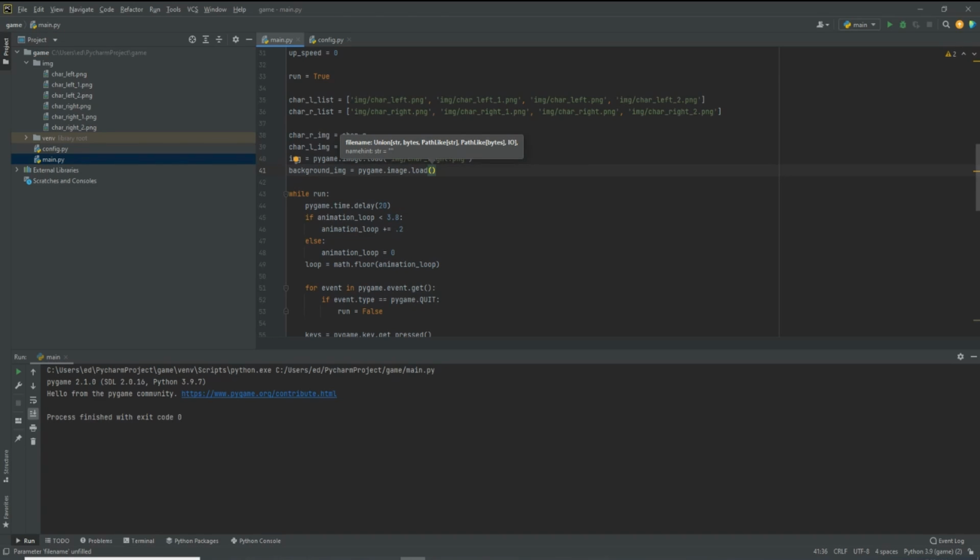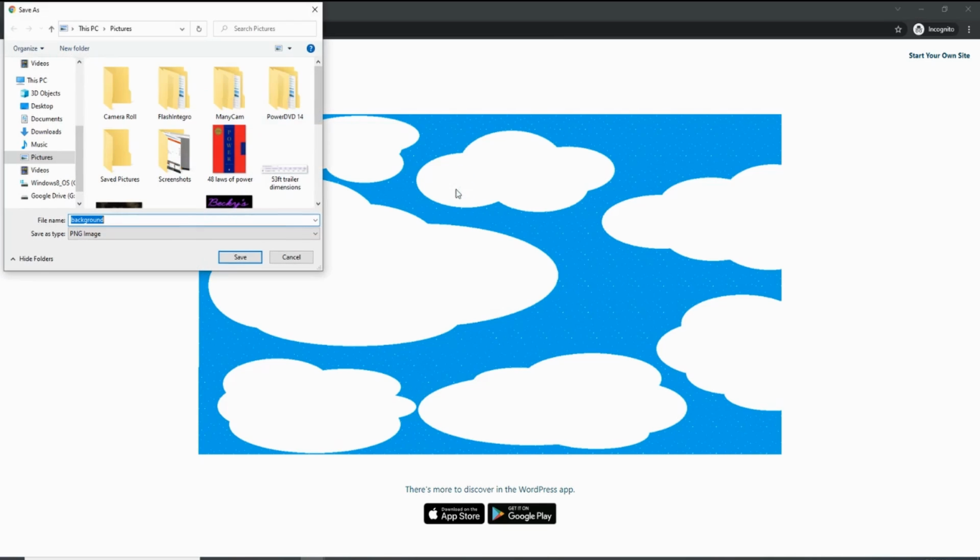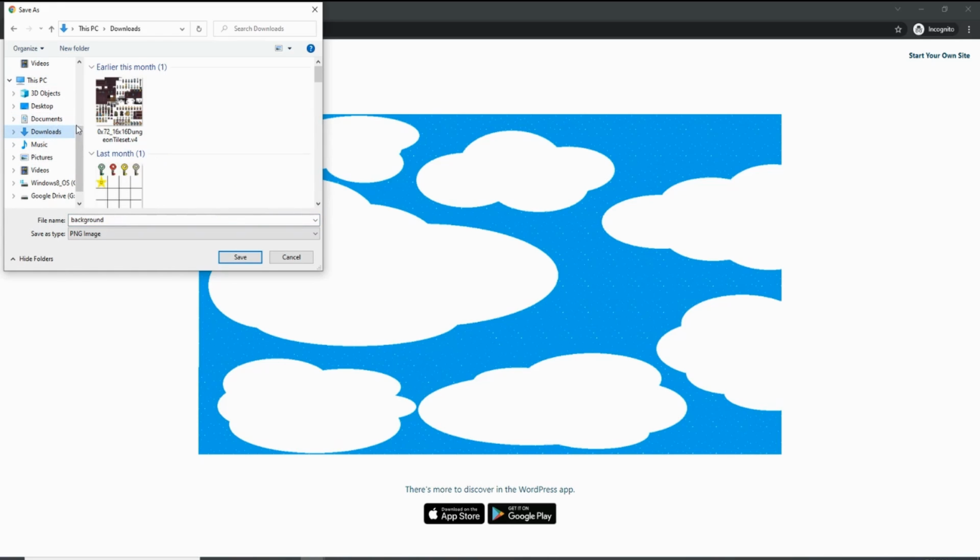and we'll open up a string here, but we have to get this image. So I'll provide a link below to show you where to get this image from. It's just my website. I'm throwing some assets on there for free. You're welcome to use it, or you can put your own background on there. I already have it opened up, and you can just use this one. Just right click on it and save image as, and then we'll put it in the downloads folder. And we'll call it background_img, and make sure it's saving it as a PNG file. Click save,